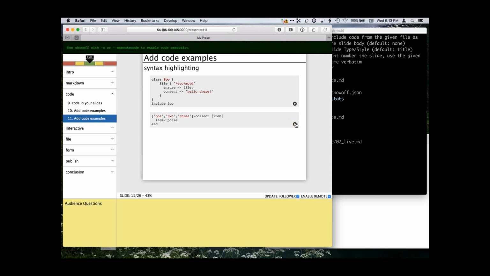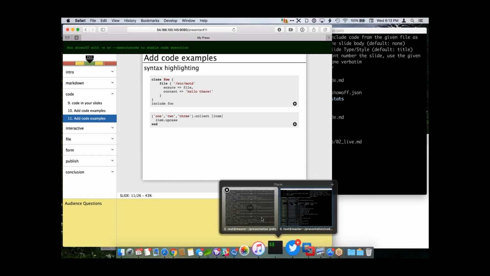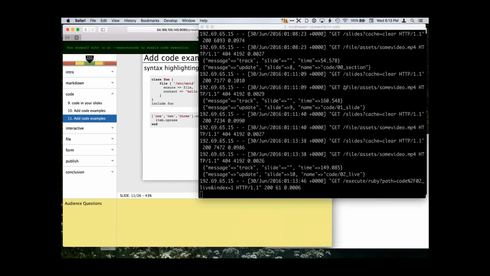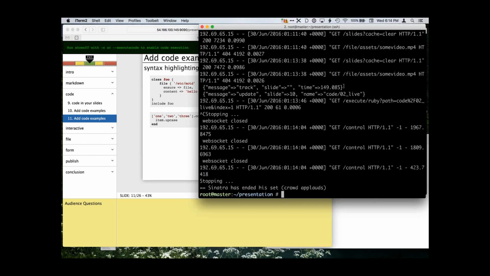It says you have to run Showoff with -X to enable code execution. That's a security measure because we're actually executing code directly on the Showoff server. So we need the presenter to acknowledge that there's going to be code executed and enable that with -X.